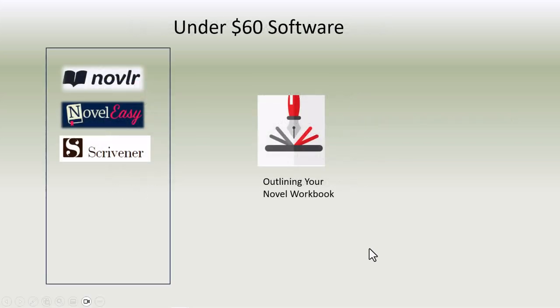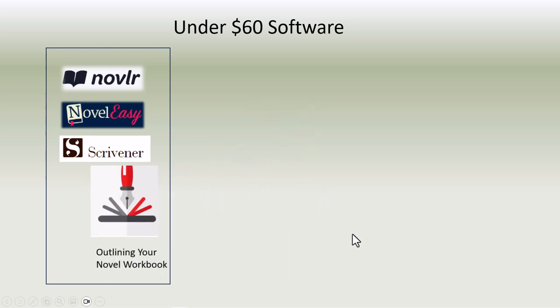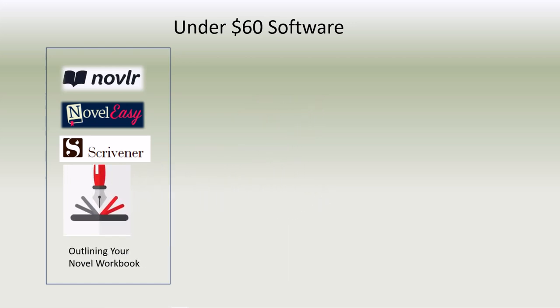So that is the Outlining Your Novel Workbook software. And if you read the book, I'm sure you could even find a copy at your library to look at if you're interested. And if that book is something that sounds like it might work for you, then you might want to check out this software. So let's move that over into our list of software we've looked at and move on to the next one,